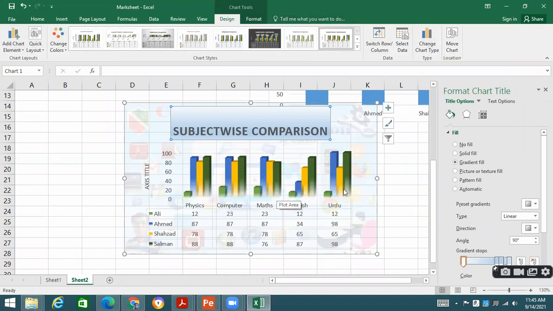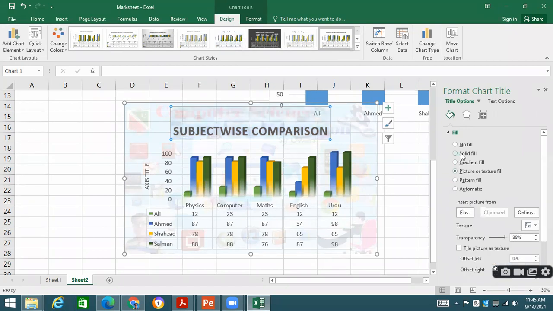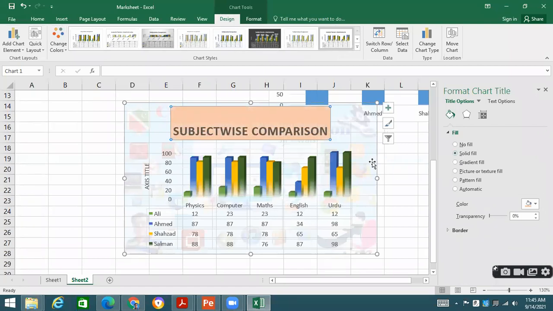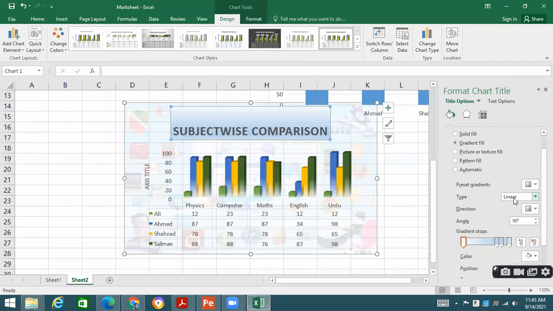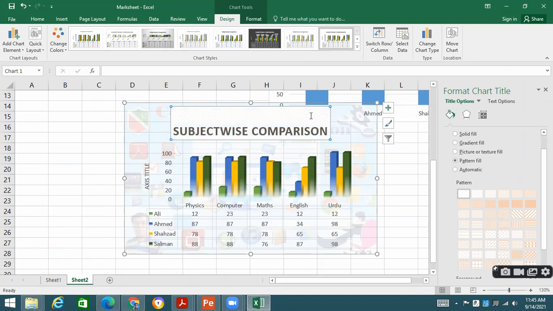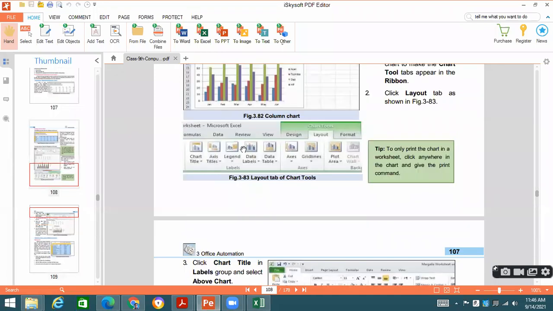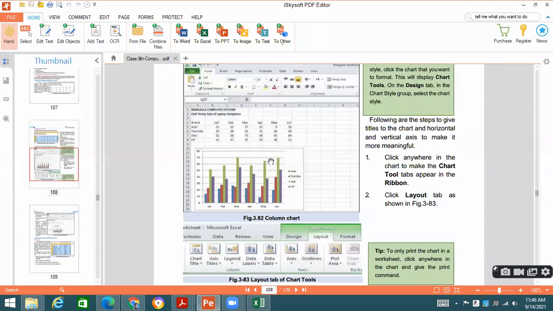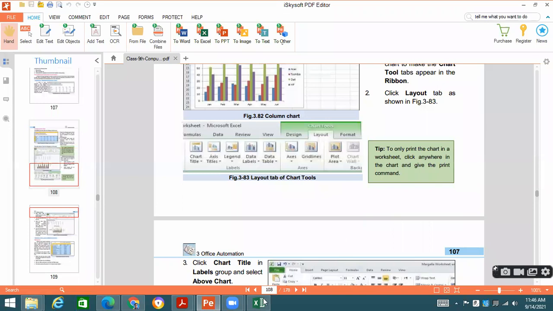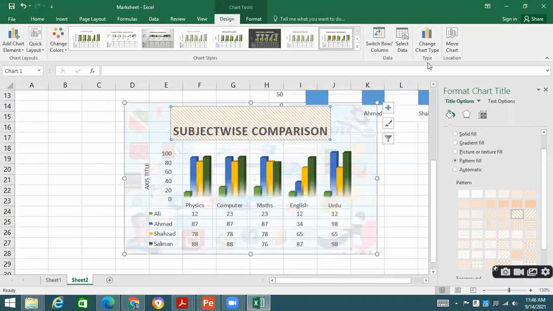These all options which are given in the design, I have explained to you all these options. Okay, how to set a picture as a background, how to give a solid background, how to give a gradient fill. If you go to gradient fill, you can take gradient colors over there. Pattern fill, if you want to give some kind of pattern in this heading, in this shape, you can. These all things are there that you can do. Okay, I hope these all points are clear. Some important things are there which are relevant to the chart that we are setting up over here.